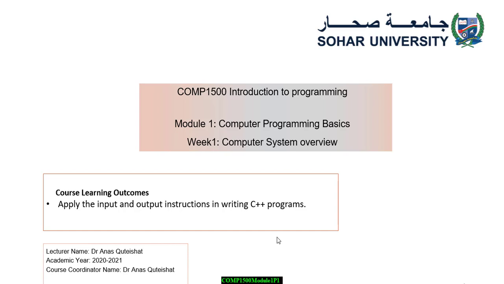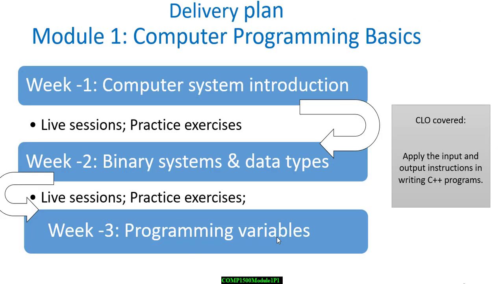The Module 1 is talking about computer programming basics. In Week 1 we are going to talk about computer systems overview, and the course learning outcome to be covered within this module is applying the input and output instructions in writing C++ programs. Now, the module will consist of 3 weeks. In these 3 weeks, we are going to cover computer system introduction, binary systems, data types, and finally we are going to cover